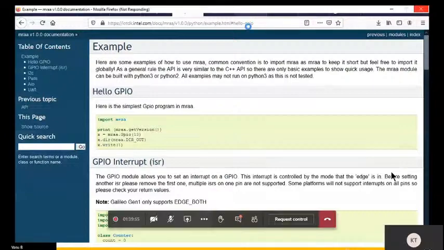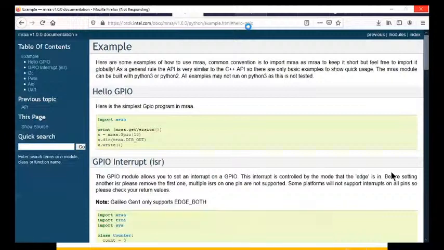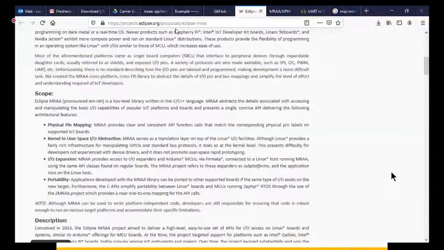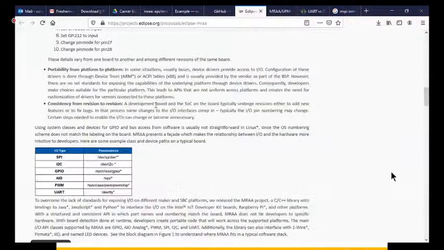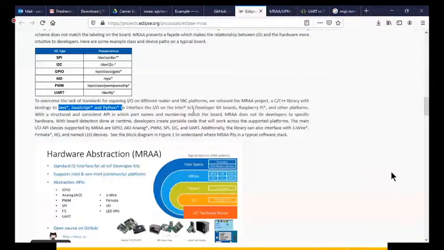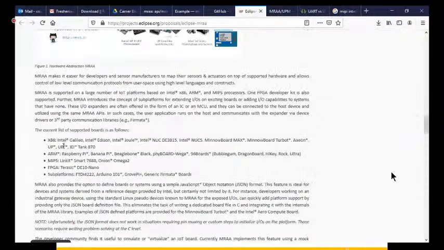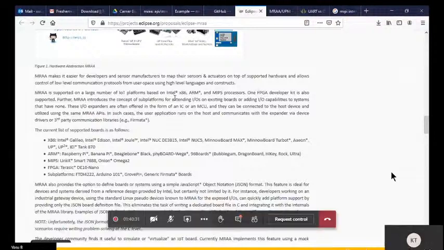Supported by major vendors like Intel. This link I would share in my PPT. You can see over here the bindings to Java, JavaScript, and Python, and then also supported by multiple vendors. These are the supported devices. And then you can see over here which vendors have been actively supporting.